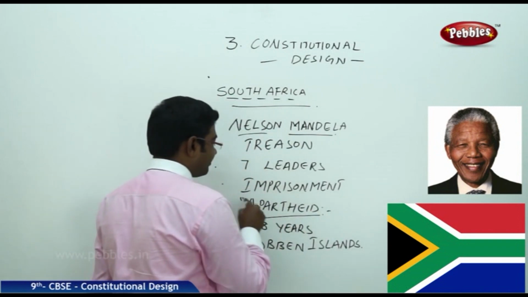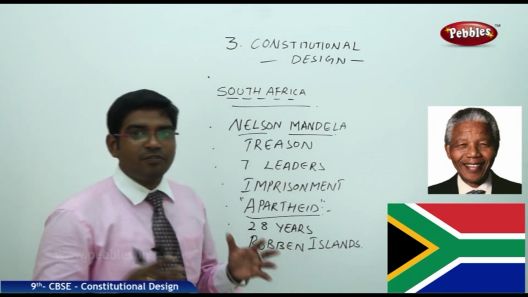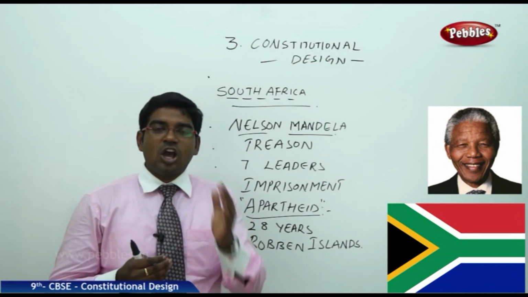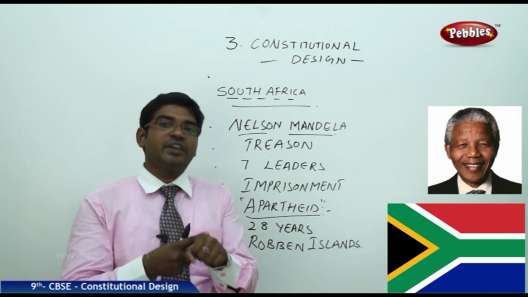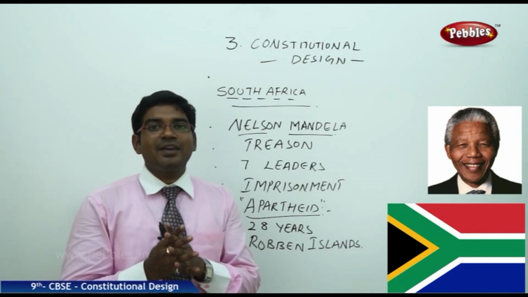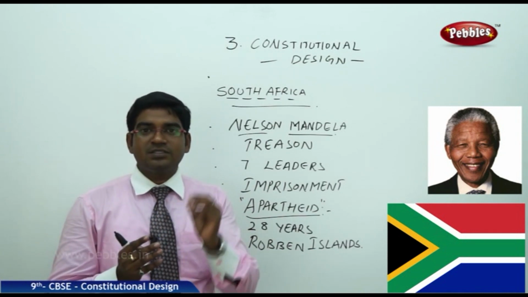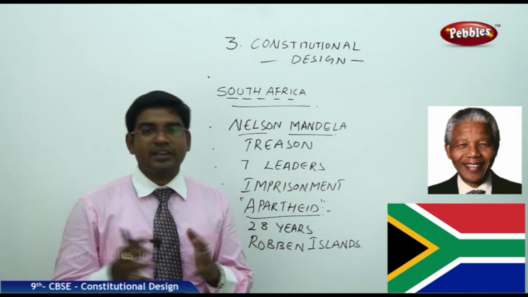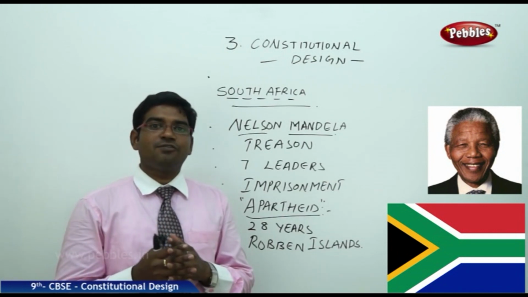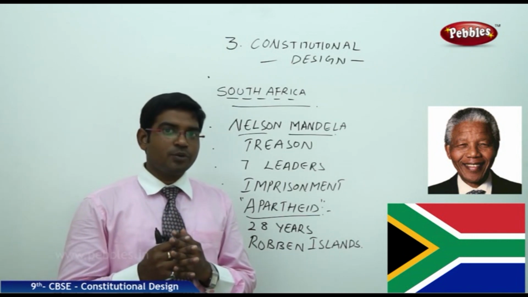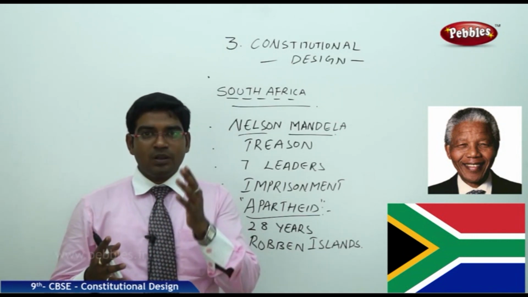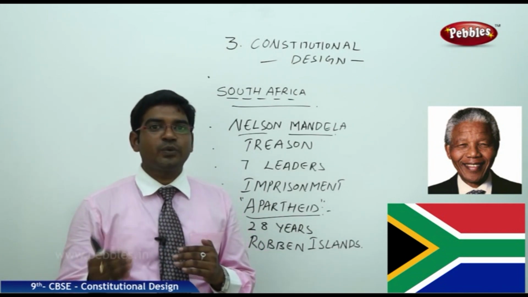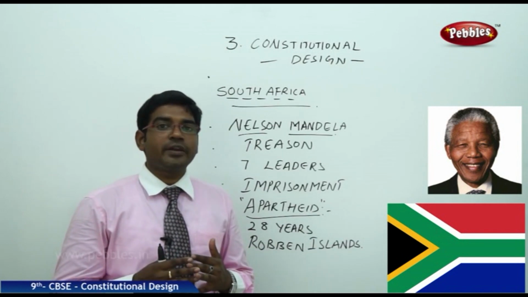What is apartheid? Apartheid is the name of a policy, a discrimination done on the basis of the color of your skin. They termed them as blacks. The Africans are basically colored people because of the climatic conditions, and the location of Africa falls very close to the equatorial zone. So naturally, people are colored because they receive the sun's rays directly in the equatorial region as well as in the torrid region.